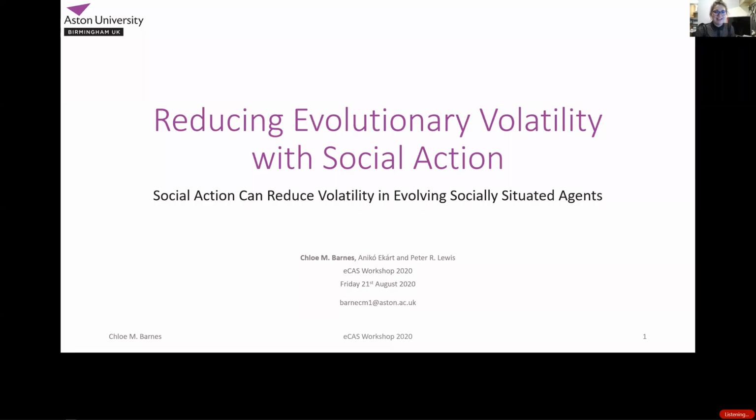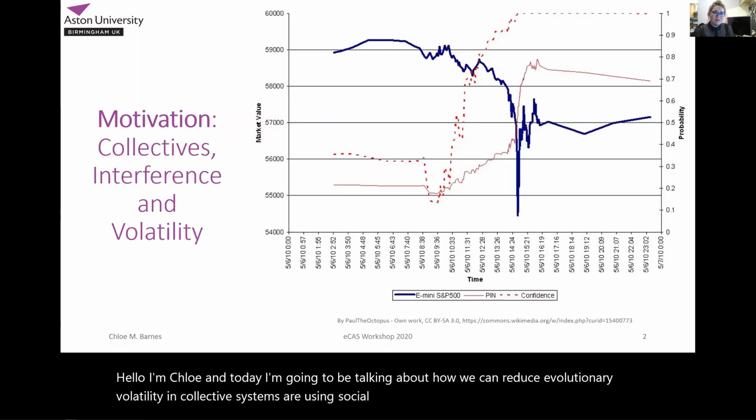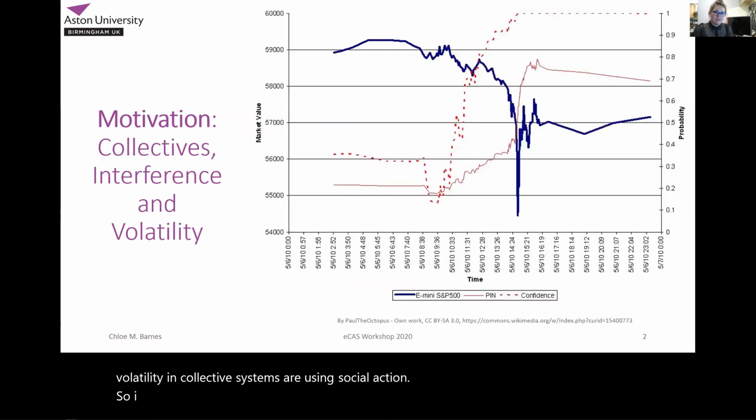Hello, I'm Chloe, and today I'm going to be talking about how we can reduce evolutionary volatility in collective systems by using social action. So I want to begin with a motivating example, and I'm going to jump back quickly